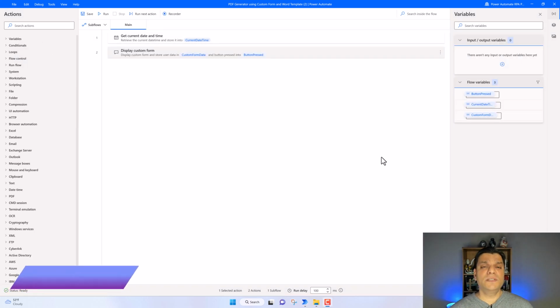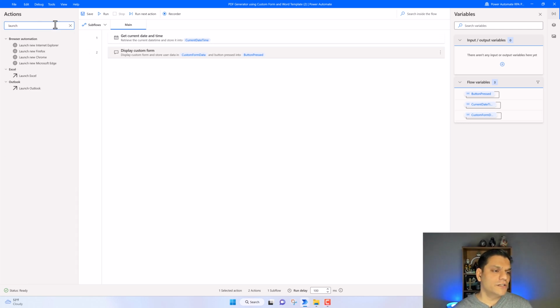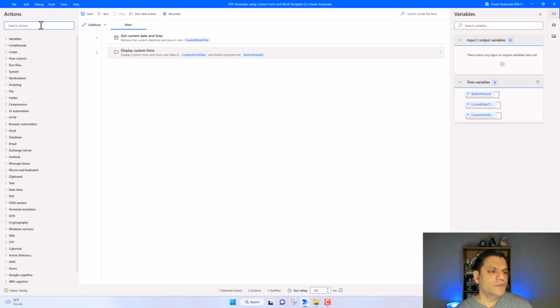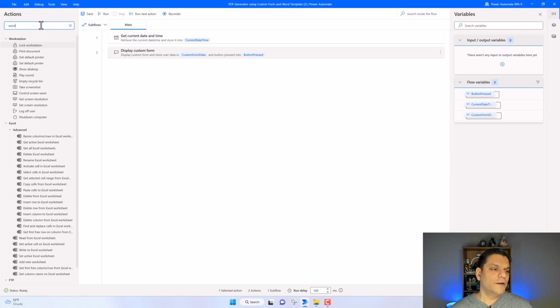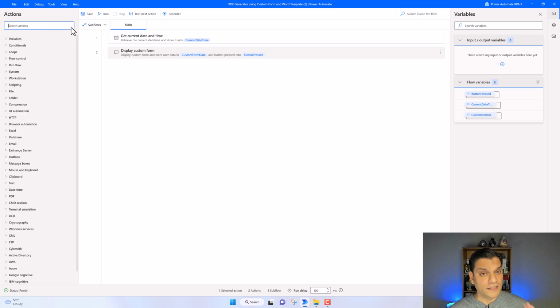Now the next few steps are to launch our Word document and also the template that we created. And I've got a little bit of bad news for you. There is no out-of-the-box launch Word functionality or action. And here's what I mean. If I go on the top and search for launch, there is only launch for these browsers. There is launch for Excel. There is launch for Outlook. Heck, if I even do a search for Word, there's nothing. Have no fear, there is a workaround for that,